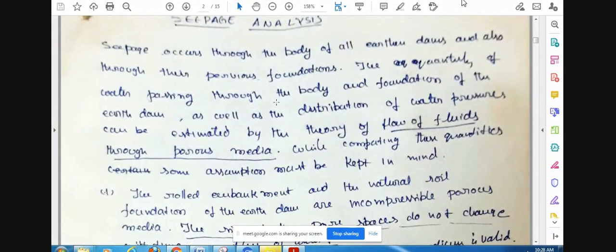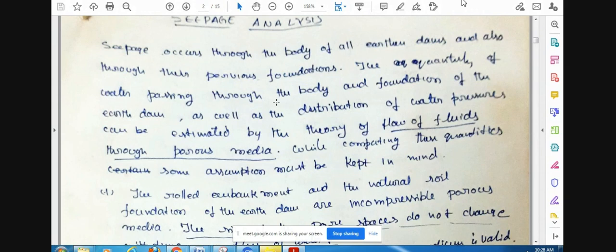Say, for example, if you see Newton's law, for every action there is a reaction, that is 100% correct. Okay, and there is no assumption in evolving this theory, but this is a natural phenomenon. It is very complex. Very complex means the seepage, we assume the seepage is a one-dimensional flow. Actually, it is not a one-dimensional flow, it is a three-dimensional flow. The seepage moves in any direction.